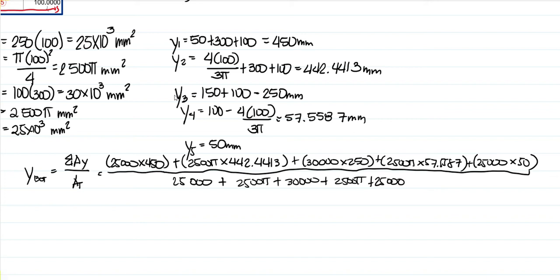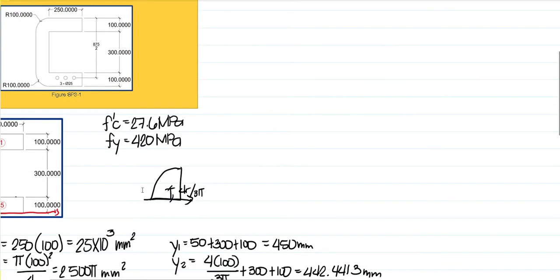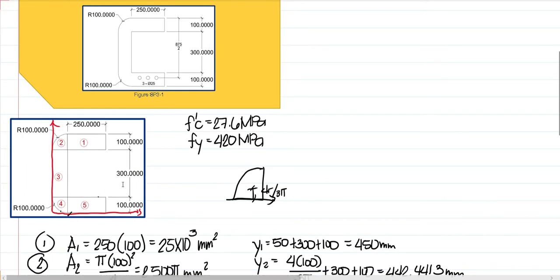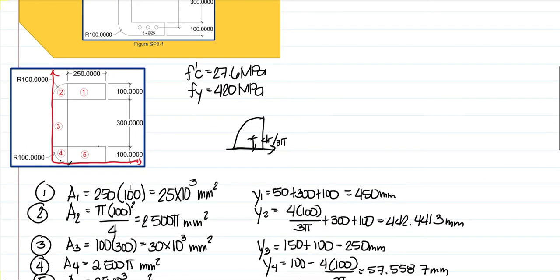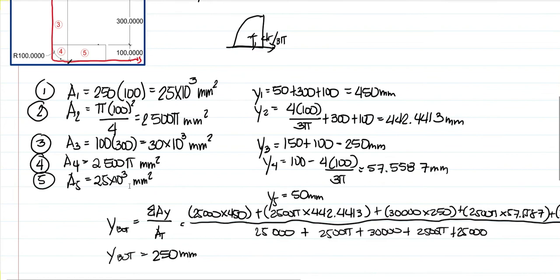So our y bottom will be equivalent to 250 mm. That means, since it is symmetrical, it is right that we take it at the middle. Because it is symmetrical, after getting the centroid, of course, we will proceed to getting the gross moment of inertia